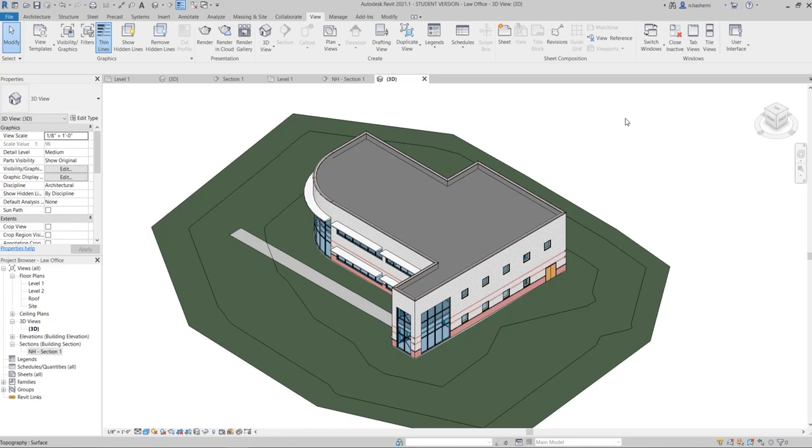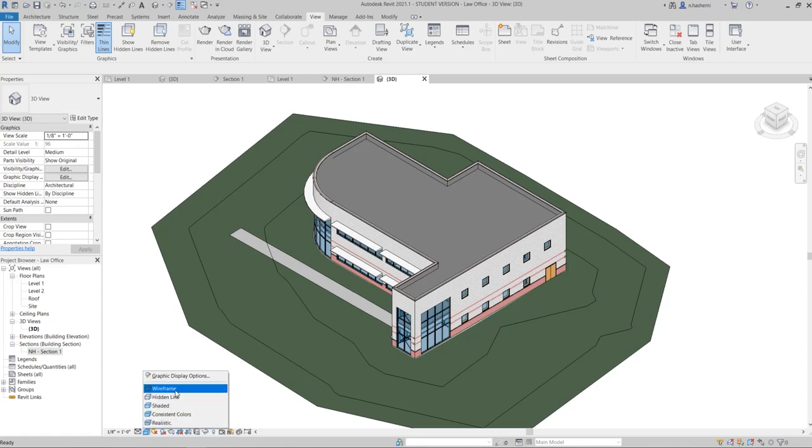The next thing we want to talk about is visual styles. We can see this building here in our view in different modes and styles, okay? And the button related to visual style is located here down at the bottom in this box, okay? If you click on it, you can see that we have different options: wireframe, hidden line, shaded, consistent colors, and realistic.